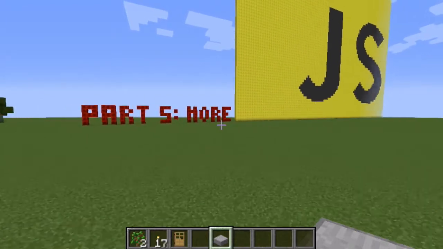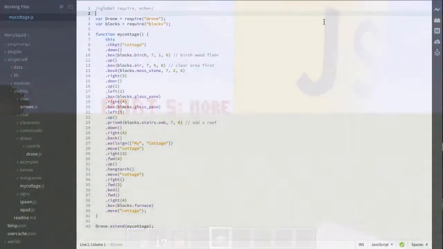More JavaScript! Hey, in the last part we broke free from the command line, opening up all kinds of new possibilities. In this part, we're going to learn more features of JavaScript that we can use to bend Minecraft to our